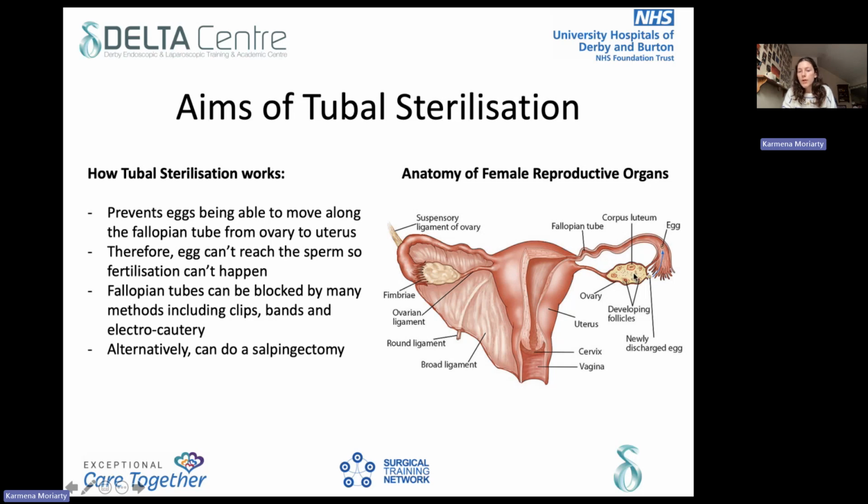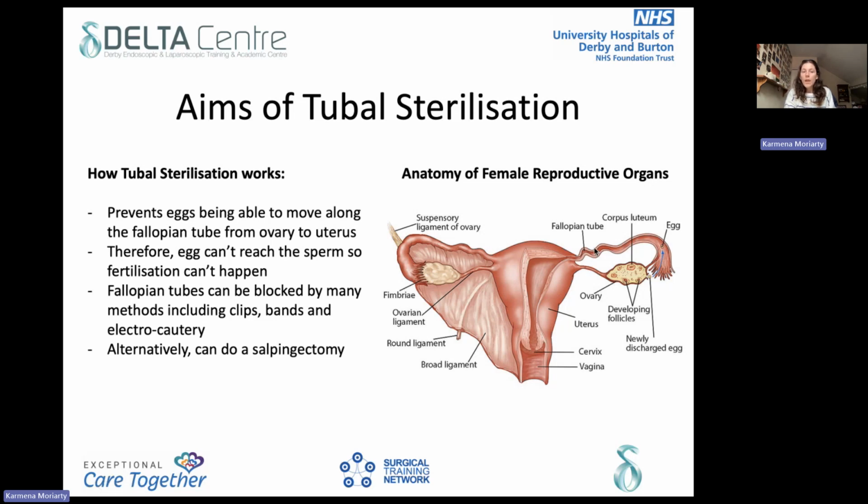The egg is released from the ovary, and usually it travels down the fallopian tube to the uterus, and sperm will go through the vagina, through the cervix, and through the uterus and meet the egg in the fallopian tube. But with tubal sterilisation, it prevents the egg being able to move along the fallopian tube, because there'll either be a blockage or a cut, so the egg won't be able to reach the sperm,